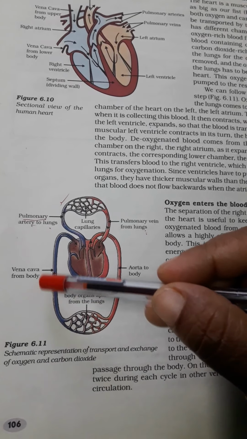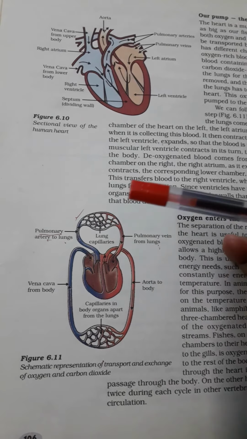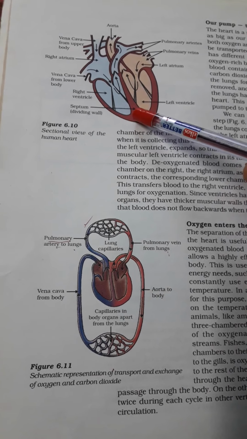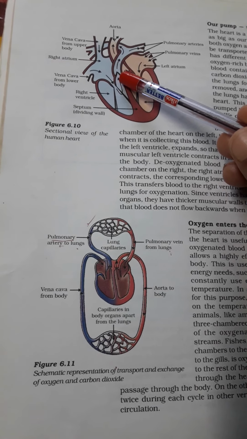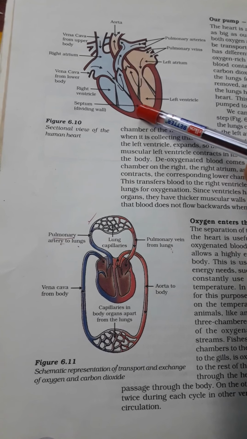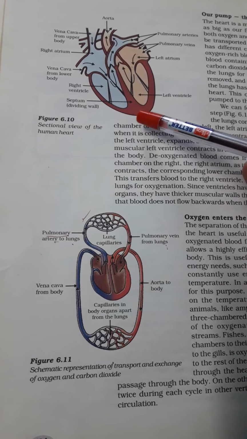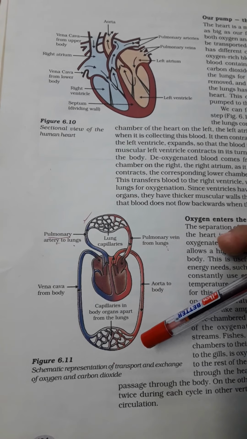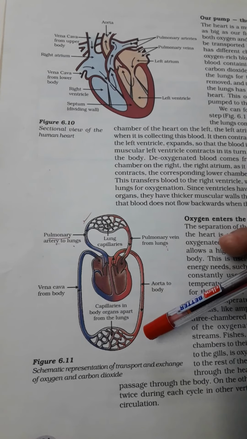In this way the circulation of blood takes place in our body, and again you can see here there is a septum present between the left and right side of the heart to avoid the intermixing of oxygenated and deoxygenated blood. See, the double circulation is essential for the human being, because we have to maintain the temperature of our